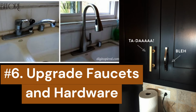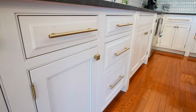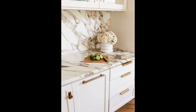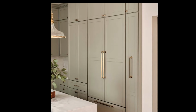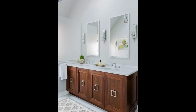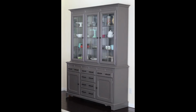Next is faucets and hardware. Let's start by adding some more luxurious and modern hardware to kitchen cabinets and bathroom vanities. This simple facelift will bring your cabinets back to life even if you opt not to paint them. This definitely falls into the DIY home improvement on a budget category. Depending on the hardware style you choose and the amount you need, the price can vary. However, you can do this upgrade from as low as $50 to $200 if you opt for bigger, more expensive